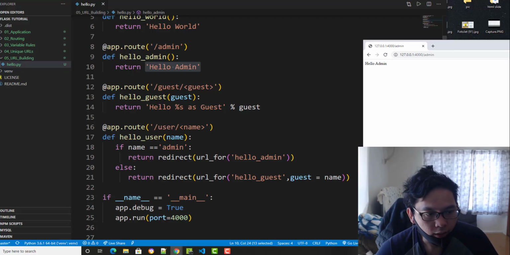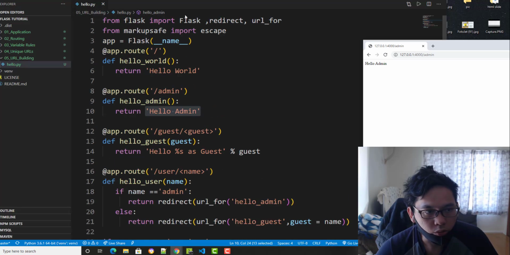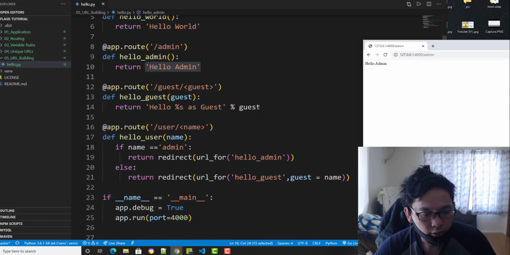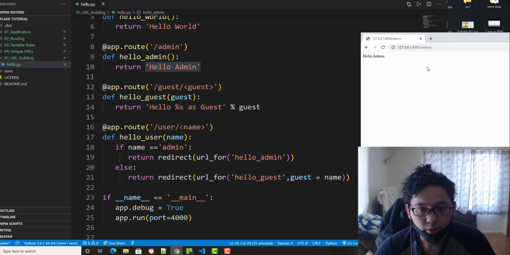You check the user, and if it's not admin, it will redirect to the other one. Using redirect and url_for, you need to import that at the top of this; redirect and url_for are in the documentation if you want to read that. And yeah, this is URL building. We're going to go to the next video anyway.